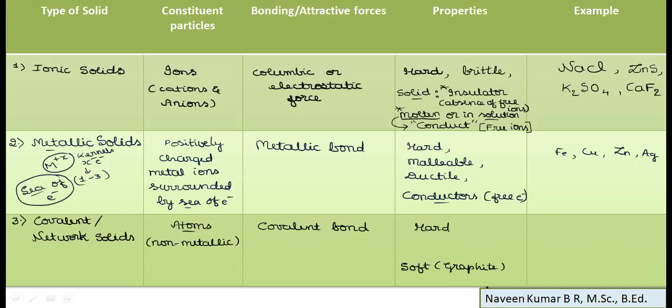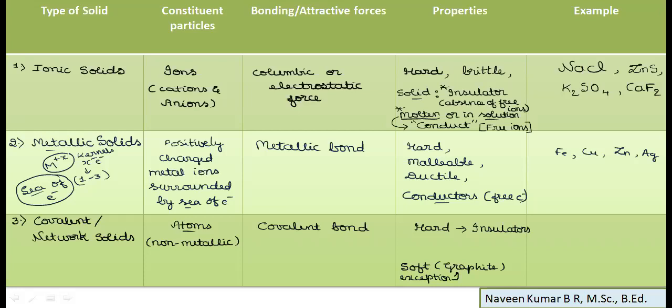So which we can take as an exception. Except graphite, all the remaining covalent solids are generally hard. And if we take the conductivity property, all the covalent solids which are hard in nature are insulators, so they will not conduct electricity. But there is an exception